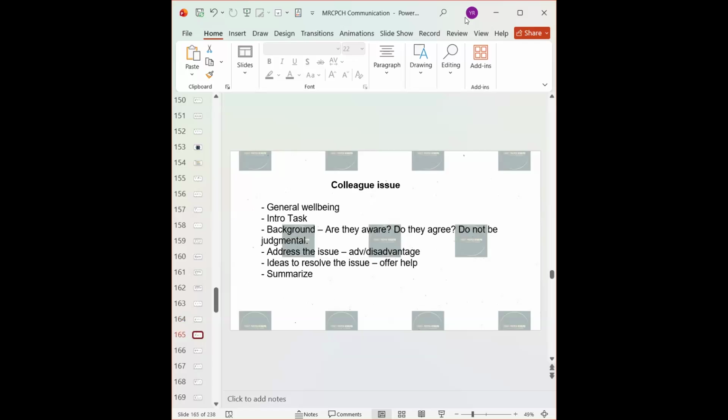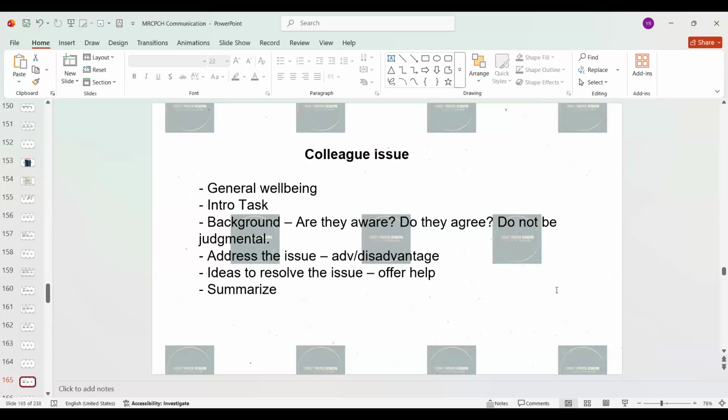So when you talk to a colleague, as I said, the template is the same. The colleague could be somebody you know, somebody junior, somebody senior, or somebody working along with you. Never be judgmental. We are nobody to judge somebody else's work. What you are here for is to ensure that you're giving the patient a safe environment. If that is compromised because of a colleague, you should address it in a gentle way and know how to escalate it to your seniors.